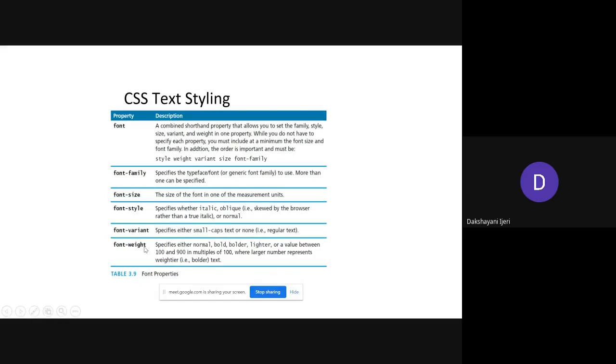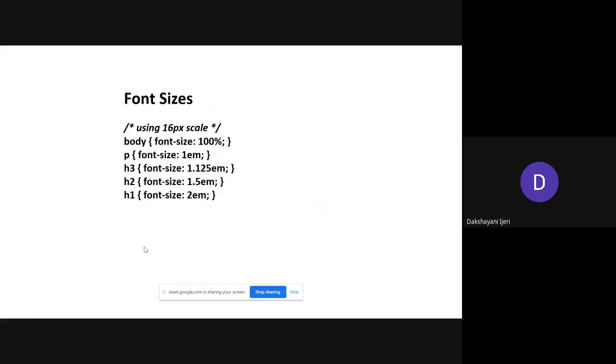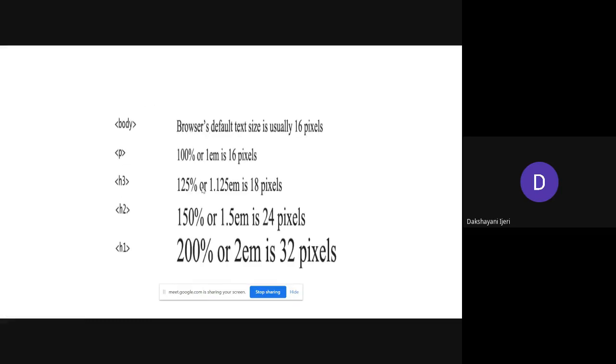Okay, so together I'll explain both the properties, that is the font and the letter properties, next. So right now I'll just discuss different properties that can be used with the text here. This is an example of how different values you can use for setting the font size here. You can use the font size in terms of percentage, which is with respect to the browser setting values. You can use the unit em with a numeric value, and you can also use it in points as well. This is how it has been made different.